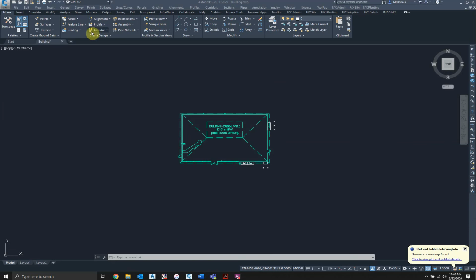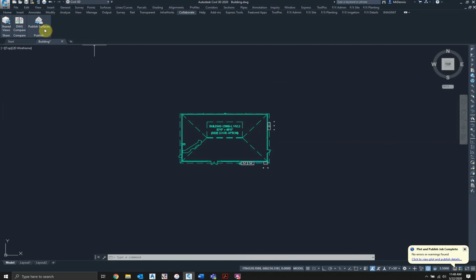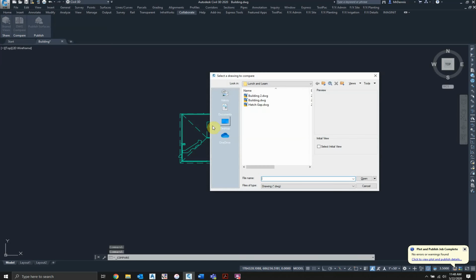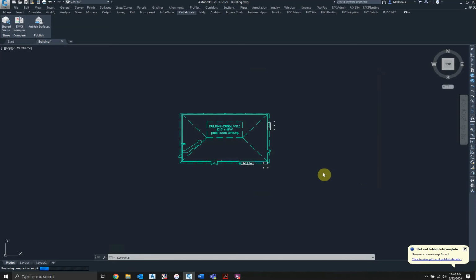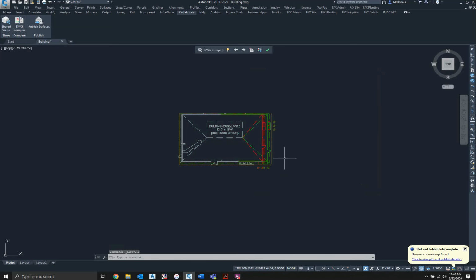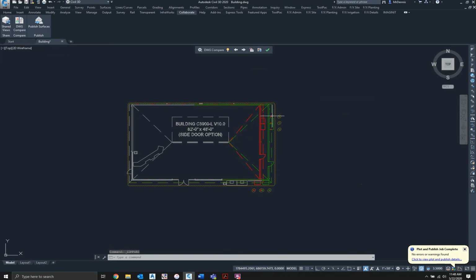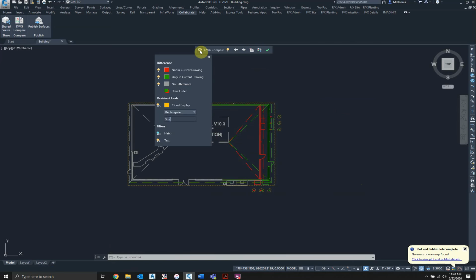So under the Collaborate tab, as you can tell, I'm in 2020. Under the Collaborate tab, there is a tool called DWG Compare. If you select that, it will actually allow you to open up another drawing. So say you have a couple floor plans and they look very similar, but truth be known that it actually isn't. So in this one, if you come up to the settings little sprocket up here,